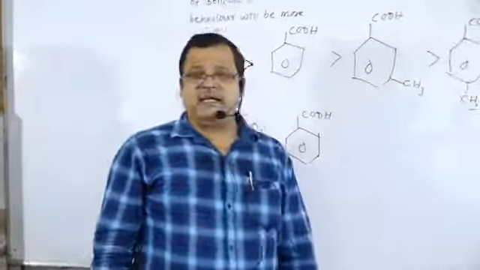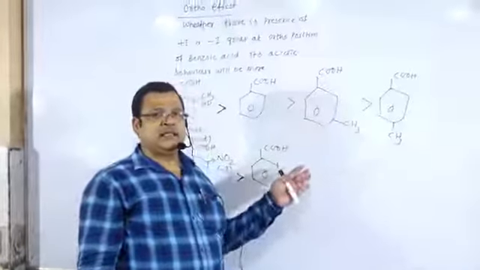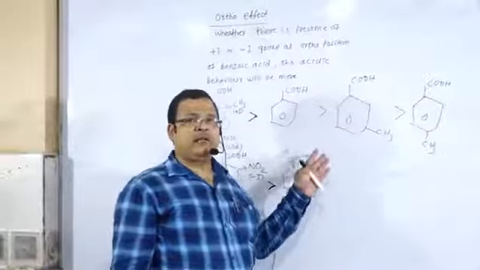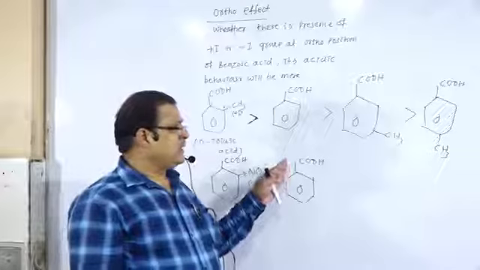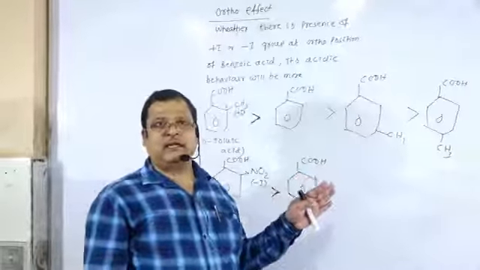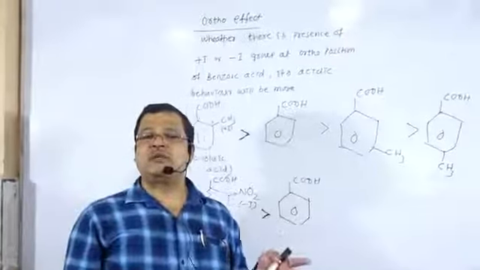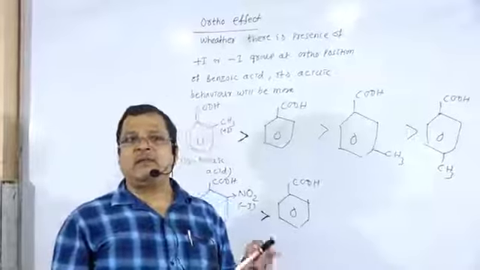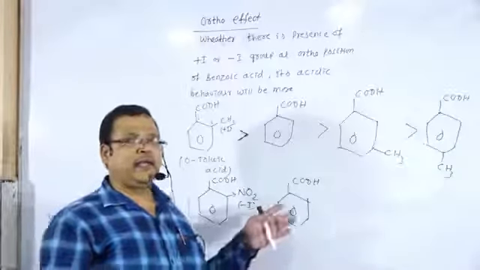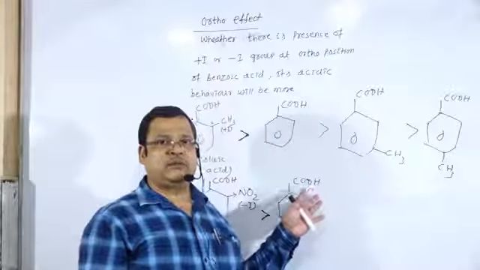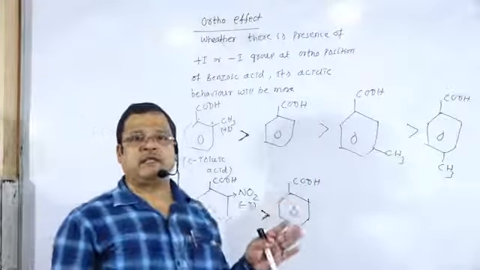So we have explained the acidic behavior of carboxylic acids, comparing aliphatic with aromatic acids. The reactions due to the H part, we will discuss in the coming class. But why these are acidic, what the ortho effect is, what the effect of the Ka value is, what the pKa value is, and by taking the Ka and pKa values, how to explain the acidic behavior, we have already explained. In the coming class, we will explain certain reactions due to the H part, OH part, etc. Thank you all.